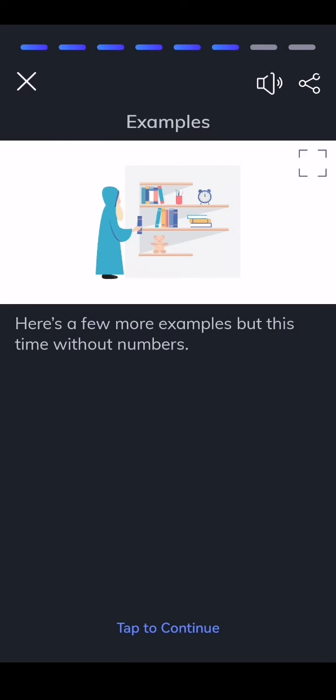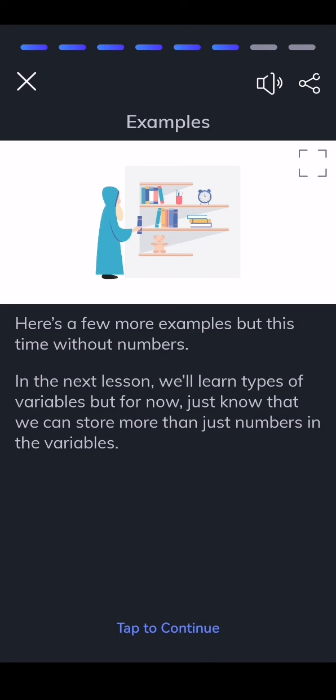Here's a few more examples, but this time without numbers. In the next lesson, we'll learn types of variables, but for now, just know that we can store more than just numbers in the variables. Another example would be